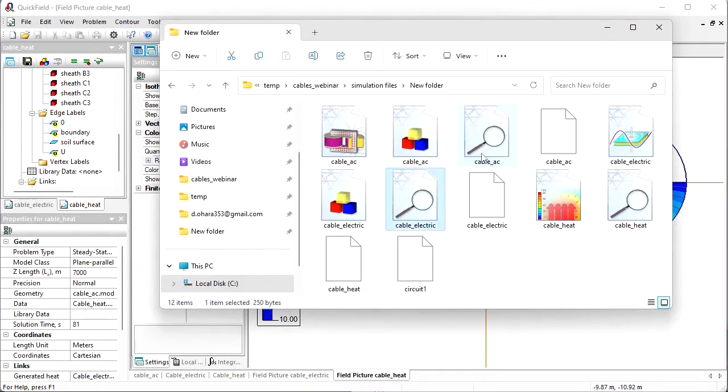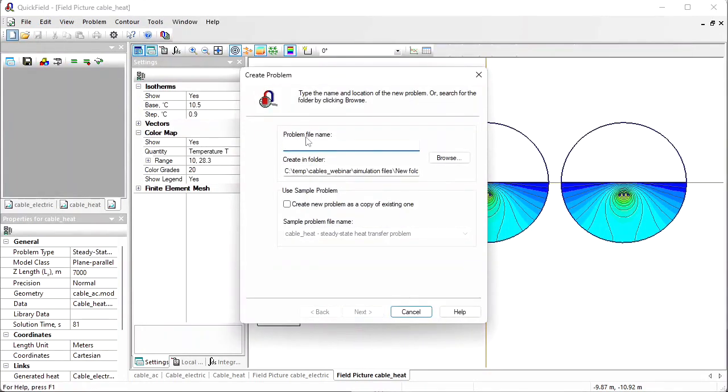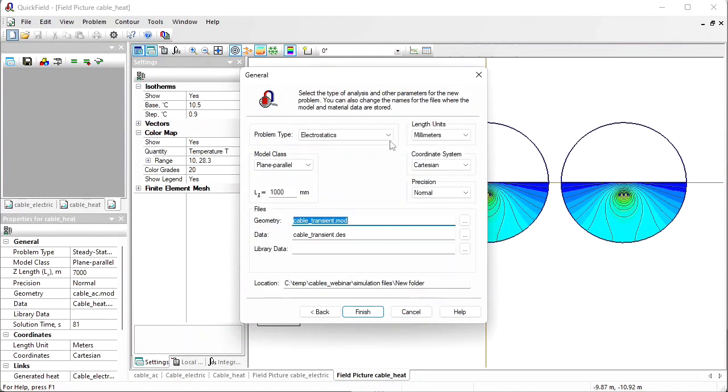Now we have all 3 problems based on the same geometry model file. This geometry model file we do not need anymore. I deleted it. Now we can create the transient thermal problem. In QuickField, I create a new problem. Cable transient. Next. Problem type is transient heat transfer. Cable length, the section length, is 7 kilometers. Model class is plane parallel, and